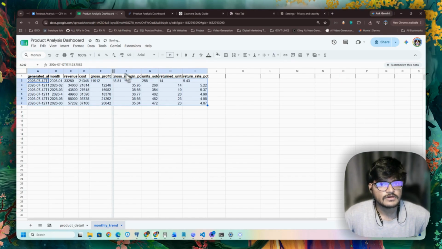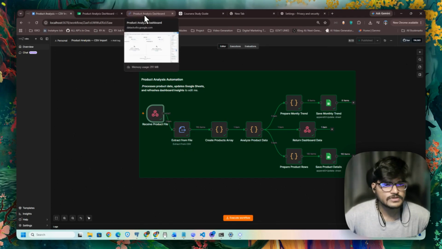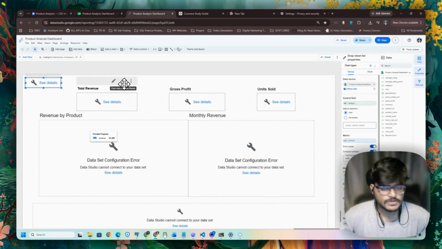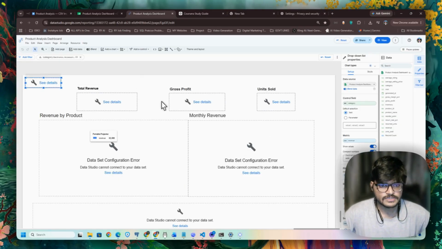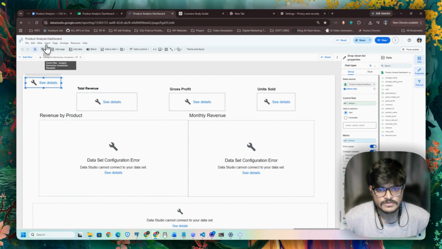Now, after this complete workflow, the dashboard is automatically created. Let me show you the Looker Studio. This is our Looker Studio dashboard. In this, we have to previously create a row chart that contains the total revenue, gross profit, units sold, and a minor chart, the things which you need, bar chart, graph chart. So as I view and click refresh data,